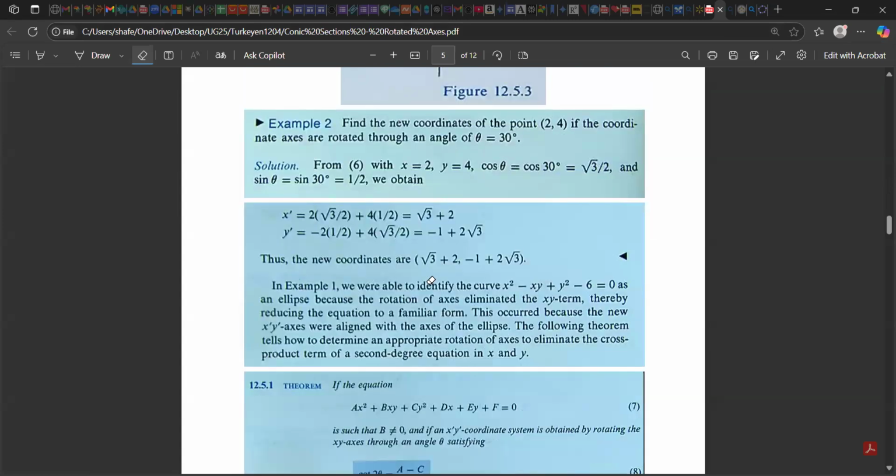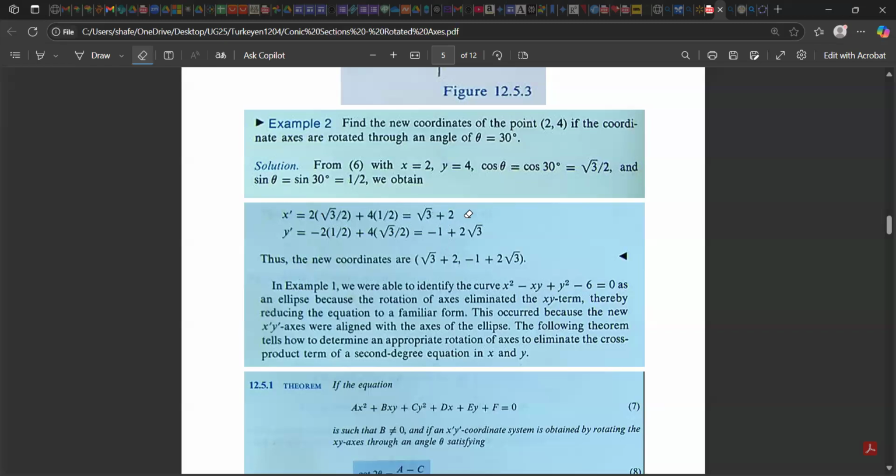In this one, you're rotating a point, 2, 4, right? You're just rotating a point, 2, 4, through an angle of 30 degrees. And I guess when they say 30, you know you're doing an anti-clockwise rotation of 30 degrees, right? So you find cos 30, sin 30, and you put it inside the rotation equation. I shouldn't say translation equation, the rotation equation. And you will get now